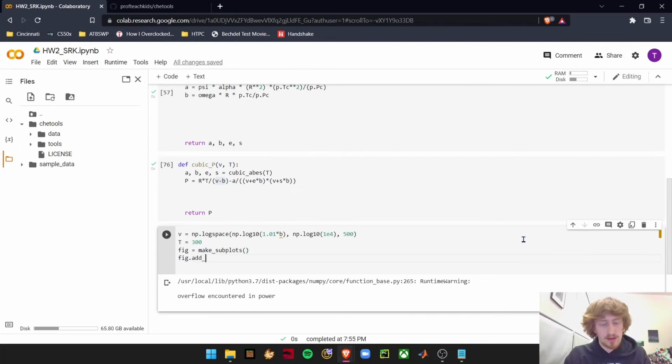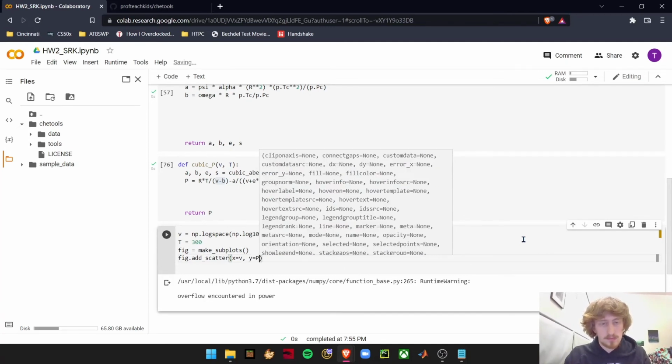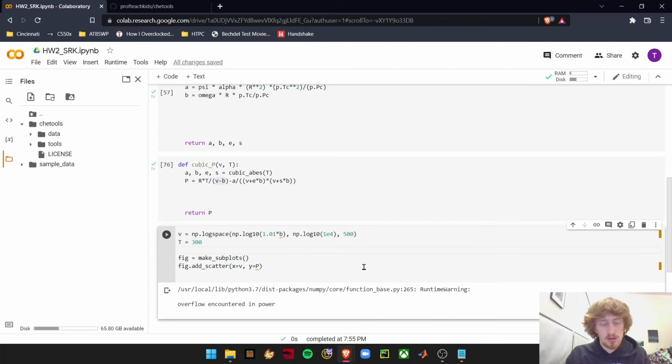Add our data. And again, we want our x-axis to be our volume. We want our y-axis to be our pressure. And of course, we actually have to use this function here. So we're going to use cubic, or our pressure